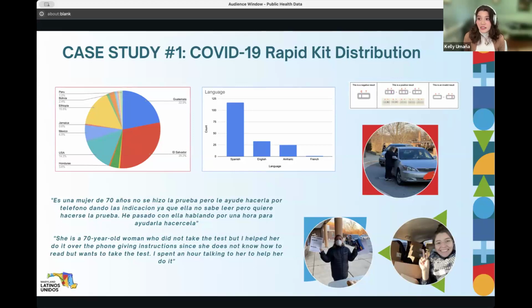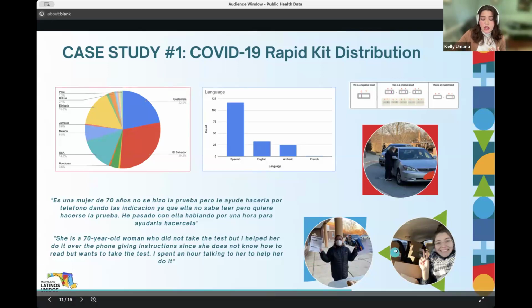And so these kinds of connections and building this trust with the communities also helped us in terms of our data collection. Being able to have representation of communities, being able to ask questions around how do you identify, what is your country of origin, what language do you speak, being able to ensure we give autonomy and empowerment to the communities that we're serving to self-identify who they are, and how we were able to tailor our services to ensure that it met them where they were.